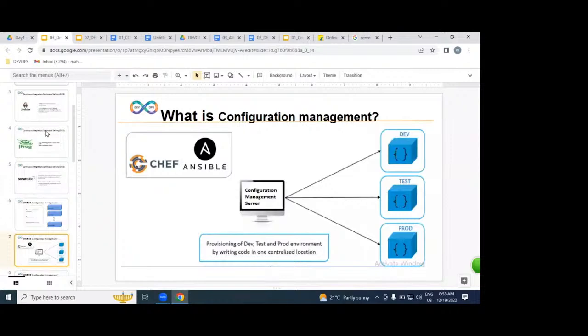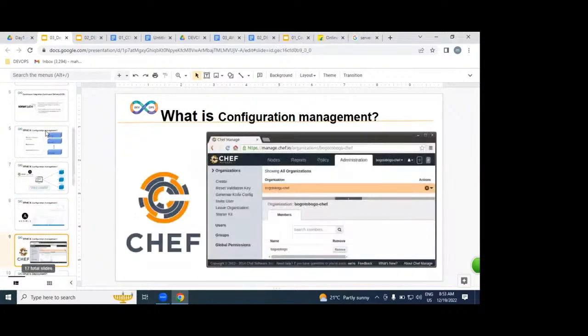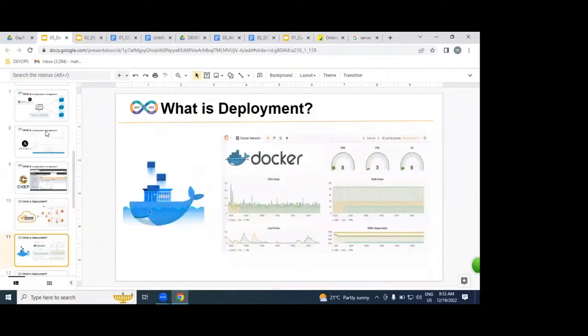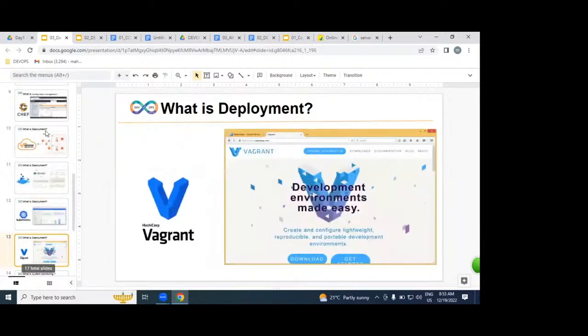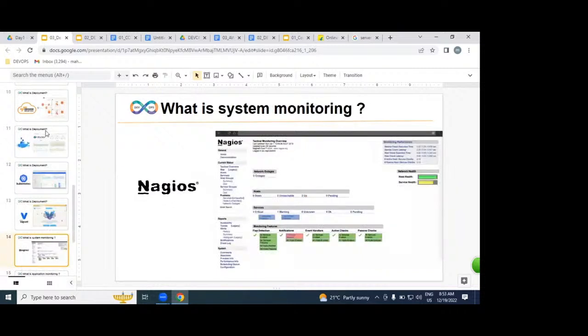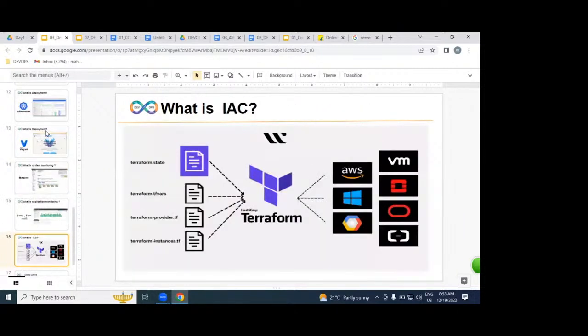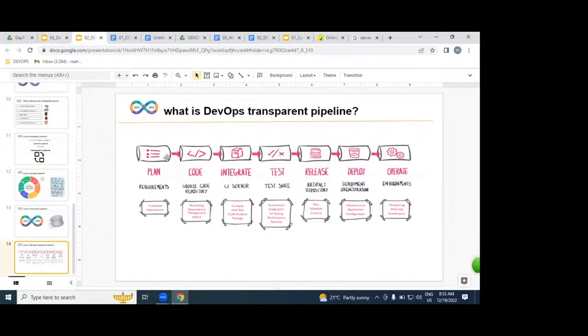Configuration management like Ansible, Chef, and complete AWS. Docker, Kubernetes, Vagrant, Nagios, ELK, and Terraform we are going to learn. So these are all the tools we are going to learn. Learning these tools will take more time. By using these tools, we implement this DevOps process.